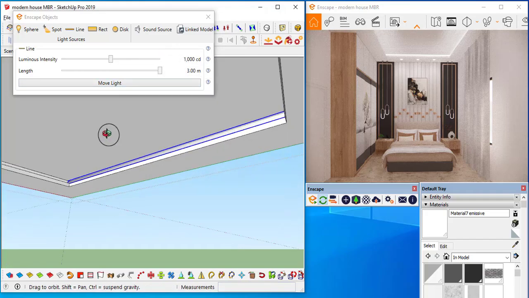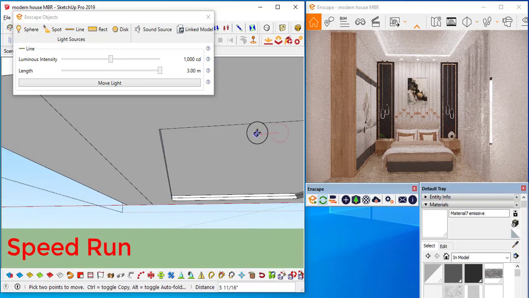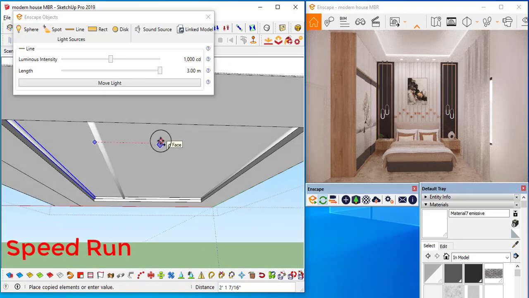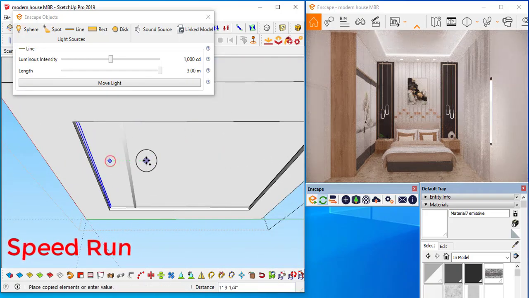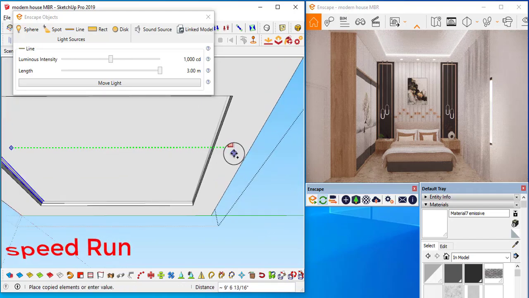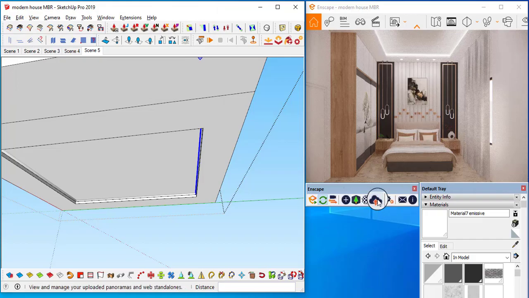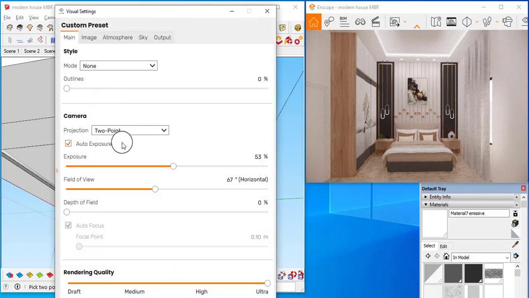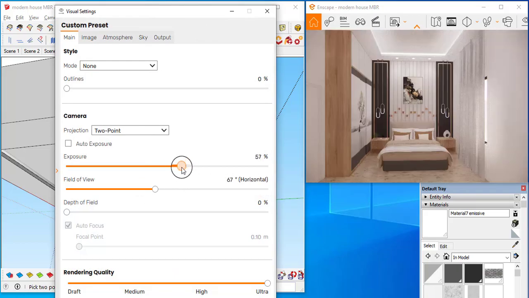Before increasing I will copy with M Control, placing it or not, you can check it. If I use 2500 units candela value, now I can turn off this auto exposure, and I can adjust it to my taste. Depends on your taste, you can adjust it.